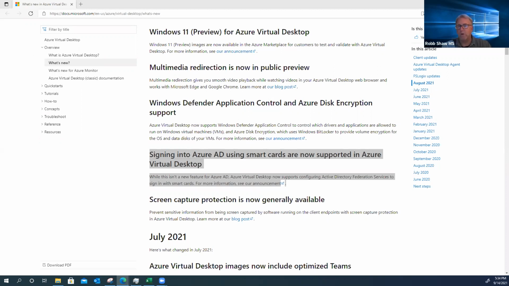Long term, we see where some of that capability becomes easier as we have those Azure Active Directory domain join VMs, and even FSLogix being able to support that capability as well. So it makes smart cards in Azure Virtual Desktop a first class citizen that gets all the features everybody else gets.